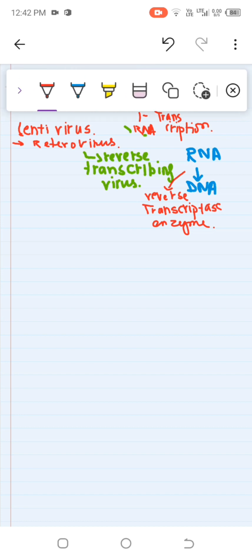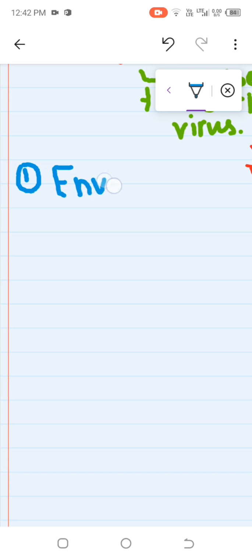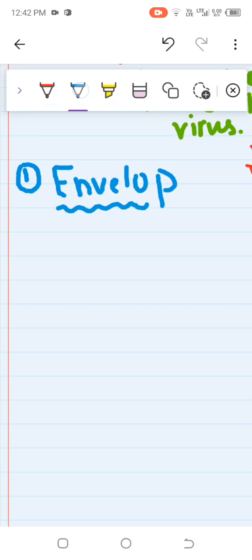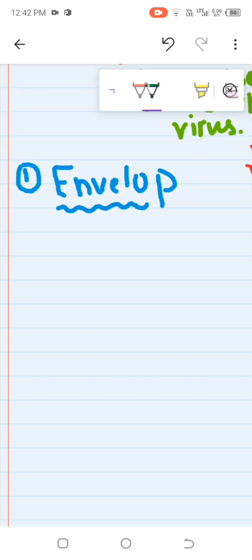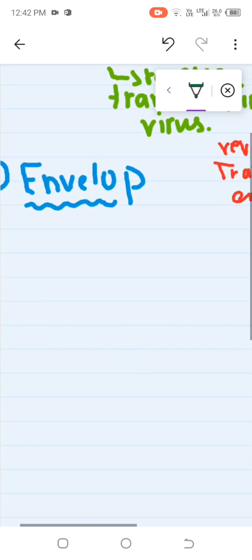parts. The first part is the envelope. Let's discuss the first part in more detail, then we will go to the second part. What is the envelope? The envelope of HIV is a lipid